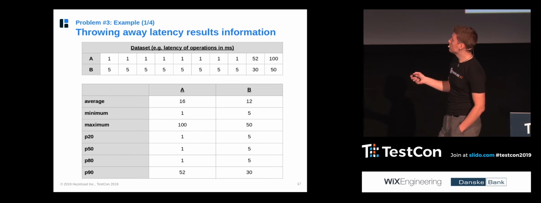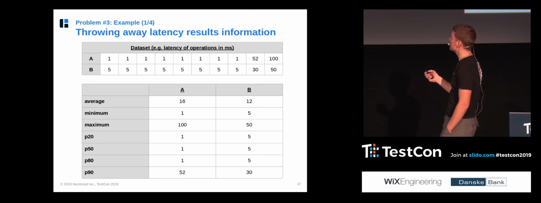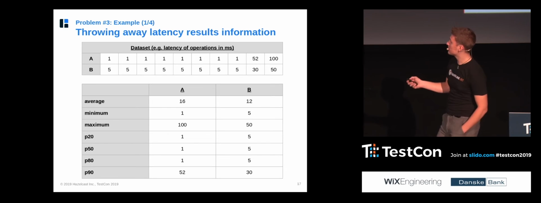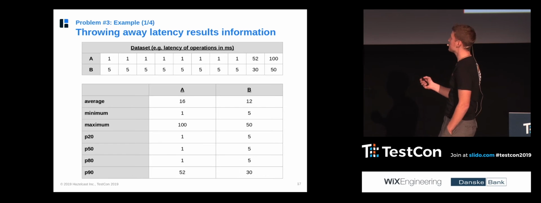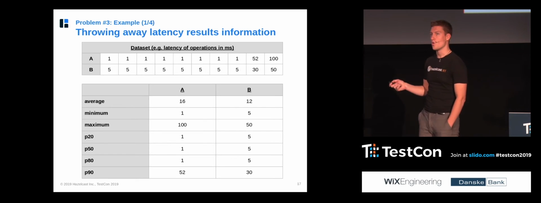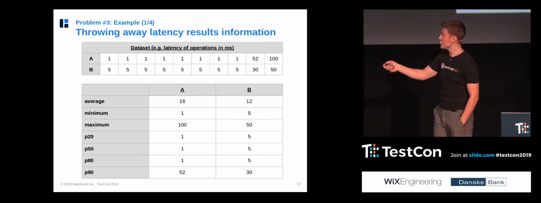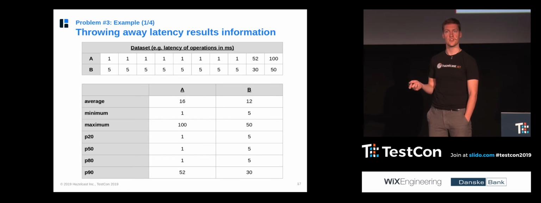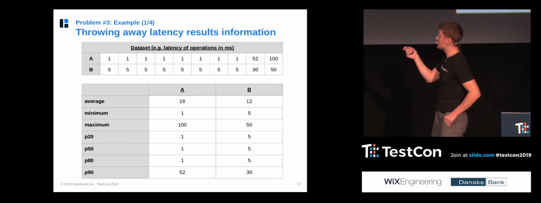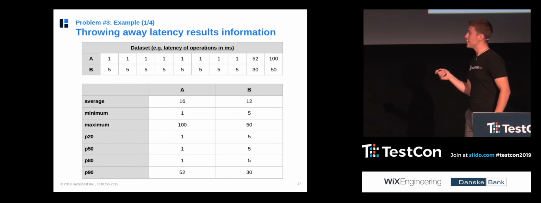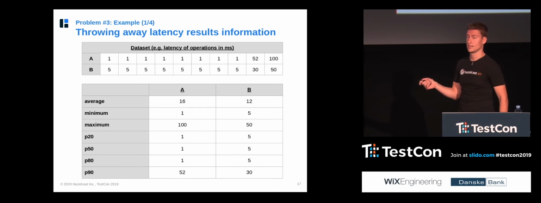Okay, in minimum, A is better than B. Maximum, B is better, and then A is better, and then B is better. So how do you decide based on just these metrics? How do you decide which implementation is better in latency? I don't know. I seriously don't know how I could decide based on just these metrics, because I don't have